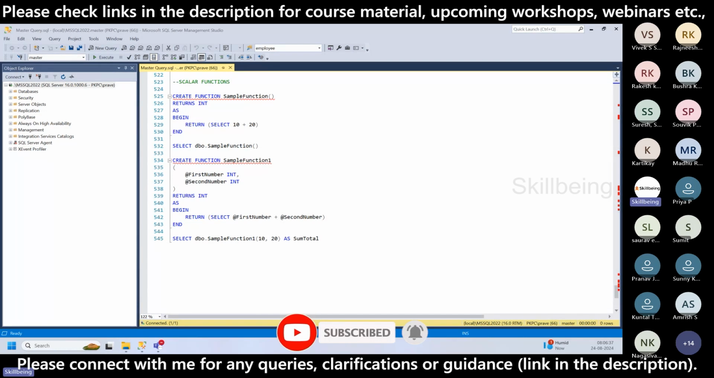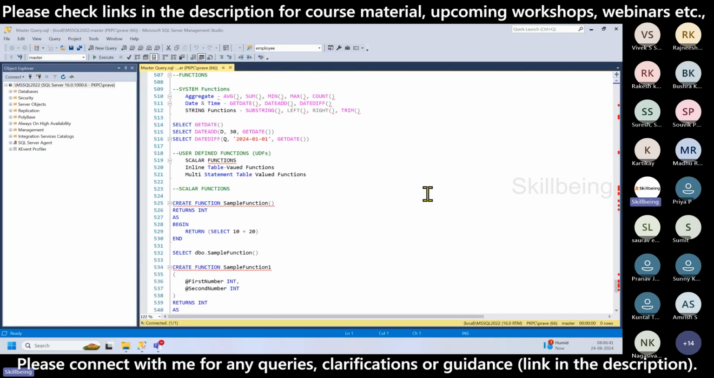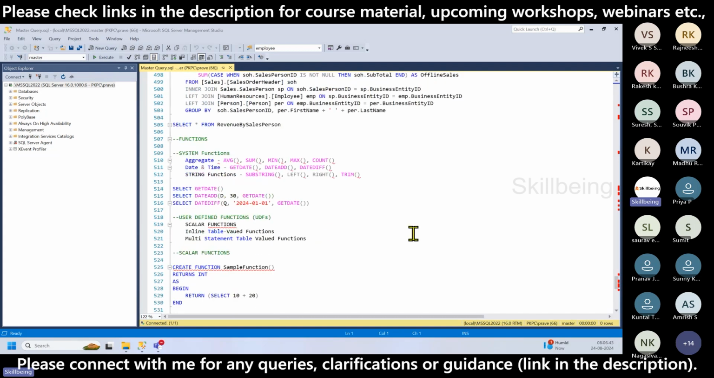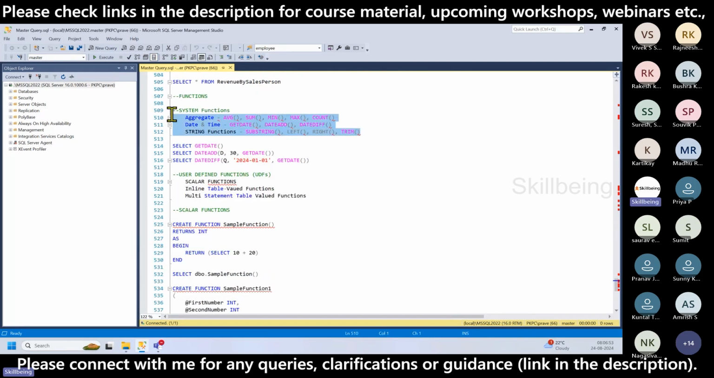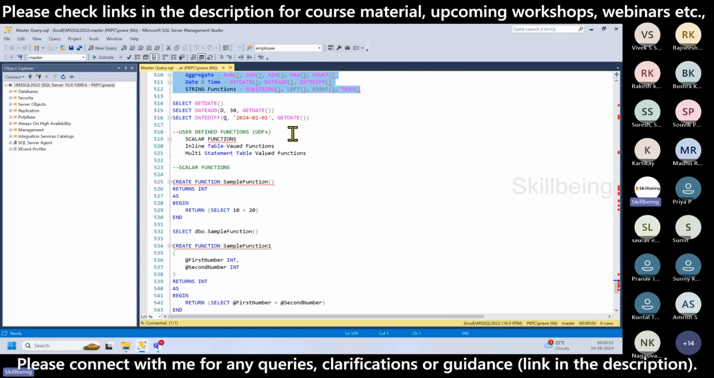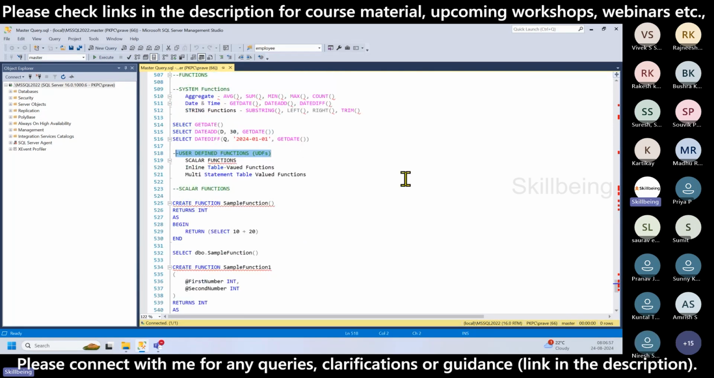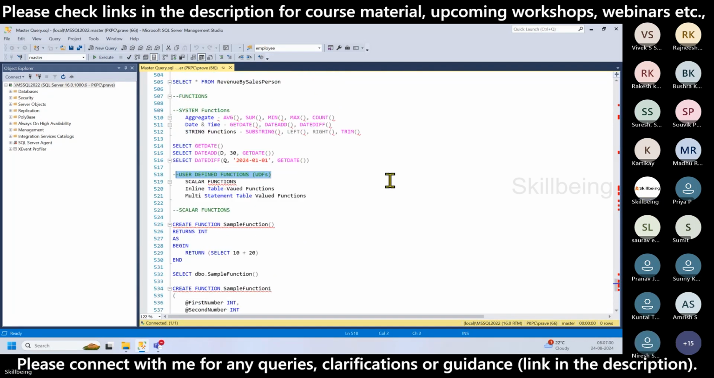In the last session, we were talking about the functions, right? So there are different types of functions, system functions and user-defined functions. In the system functions, we have aggregate functions, date time functions, string functions, and etc. We saw some examples for these. And in the user-defined functions also, we have three types: scalar functions, inline table valued functions, and multi-statement table valued